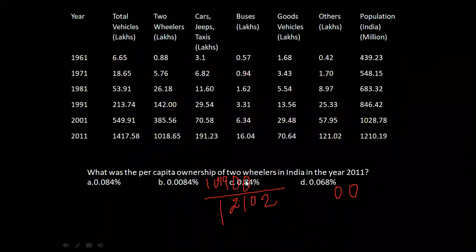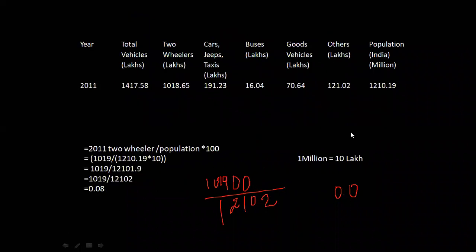Let's look into the answer here. It is 0.084. We can't go for 0.00. You can't go for even 0.8. You can't go for 0.06. For that reason, you have to check whether it is suitable to go for 8 or for 6. All three options are dealing with 84. Probably the answer will lie in the first option. Let's cross verify that, and then you can finally state that this will be the answer.